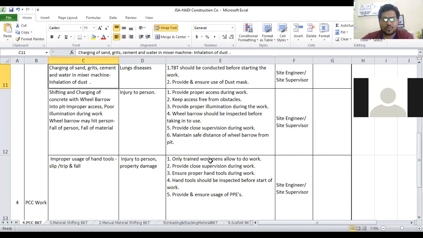So only trained workmen allowed to do work, provide close supervision during work, and ensure proper hand tools during work. Hand tools should be inspected. Now, whenever you get the word inspection, that means there should be some inspection checklist also. Like if you have a forklift or crane or any other element involved for this particular process,